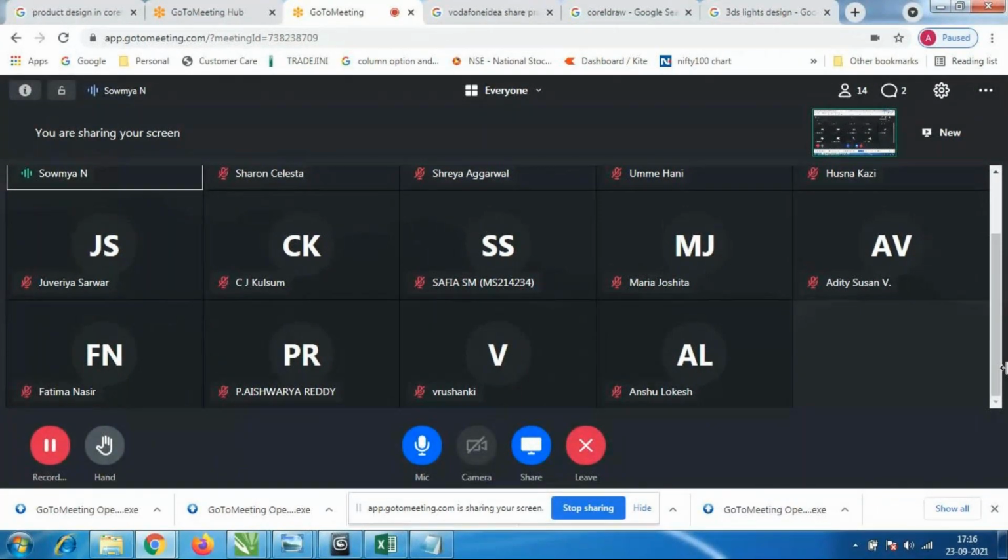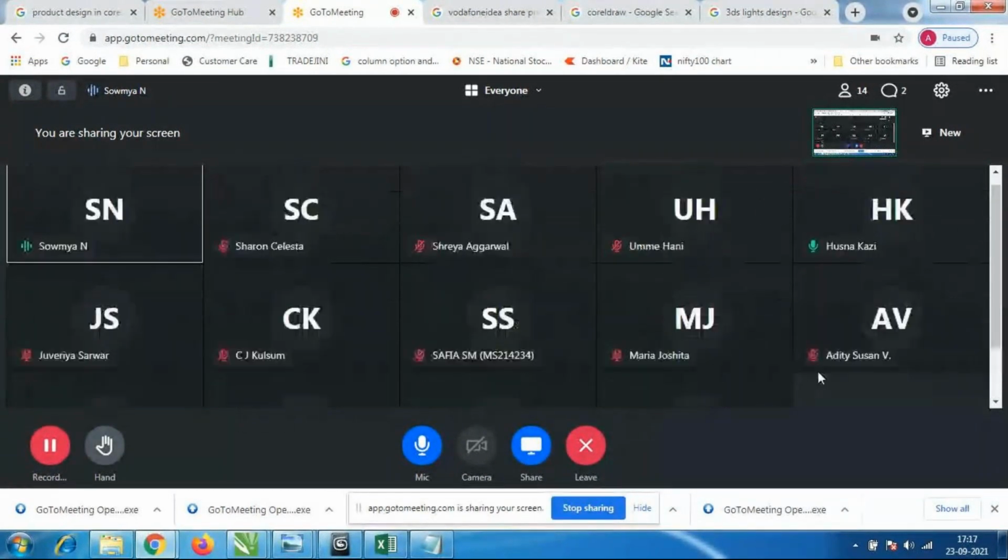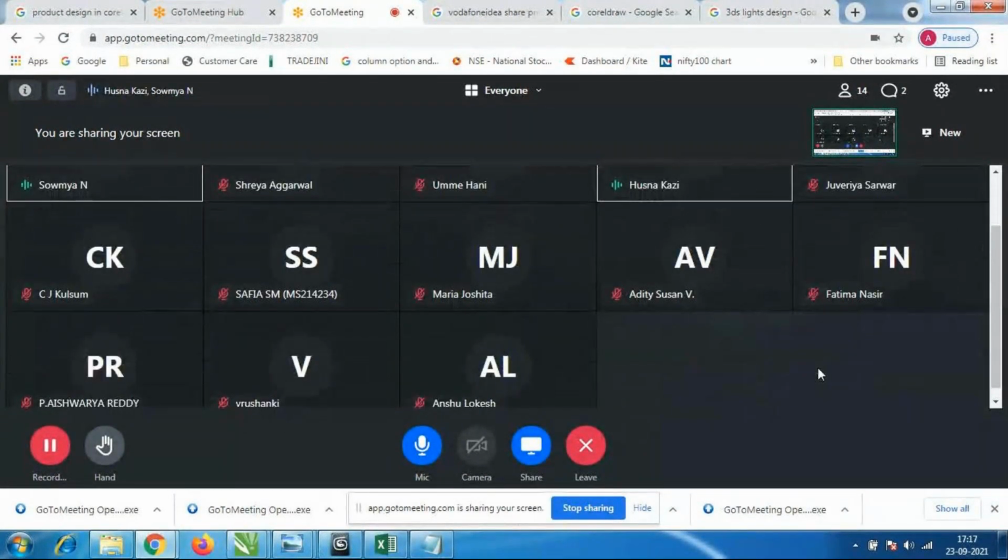Again, a single wall we can add for that, right? If I have only an L shape and I want some more extra shape, we can just add one box and take it a little up, and it will also become a single wall, right? Yes, ma'am. So when we don't have the C extension or L extension, at that time we created everything with the box itself, right? Okay. What about Maria Joshita, Shreya Agarwal?